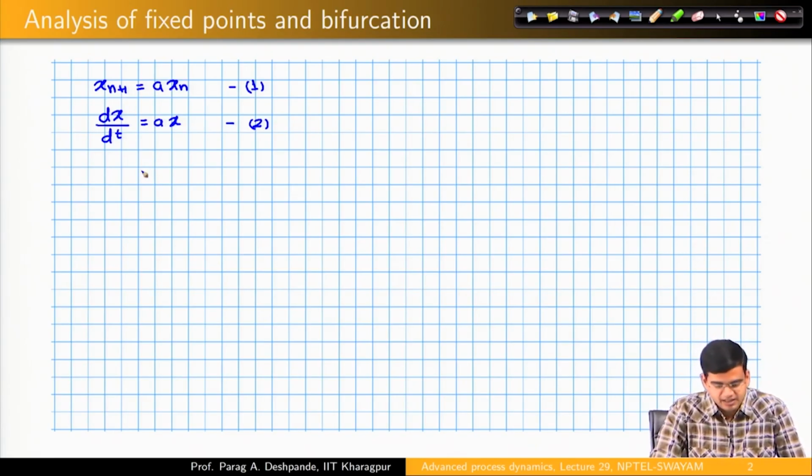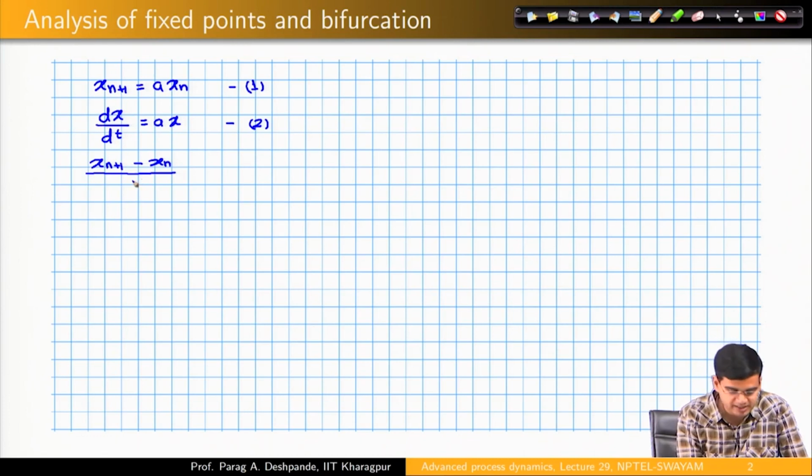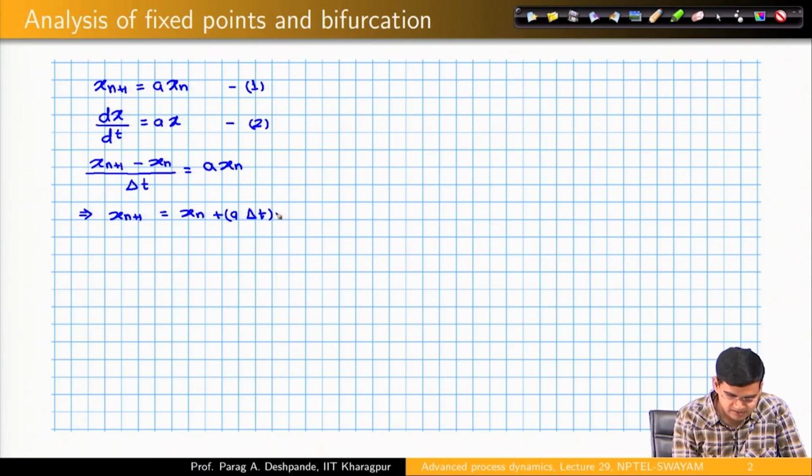a x, and if this be the case, we can discretize this system by using the definition of derivative as x n plus 1 minus x n, and if this difference happens over a time period delta t, then you can write this as a times x n, from where I can write x n plus 1 is equal to x n plus a delta t times x n, which further gives me x n plus 1 is equal to 1 plus a delta t